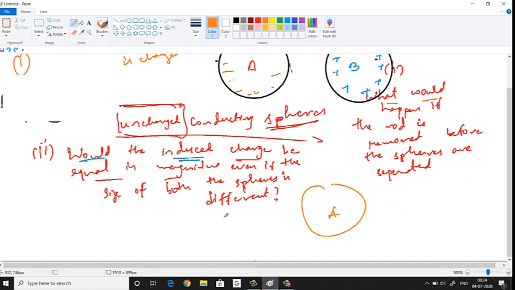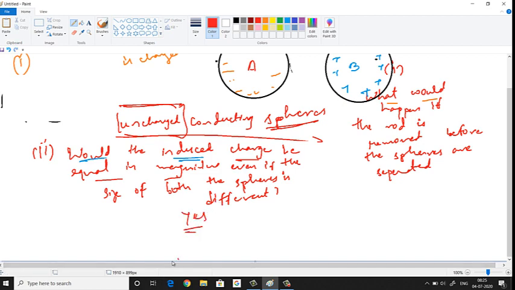Here what happened: when you use a glass rod, this glass rod is going to produce some charge on A. So say 1, 2, 3, 4. Where are the other positive charges going to go? They have to go to the other sphere. If there is another sphere like this, they have to go there only, irrespective of their size. Even if it is small, it has to go here. But with conduction, it's a different case. So what is the answer for the second question: would the induced charge be the same even if the size of the spheres is different? Yes, it will be the same.